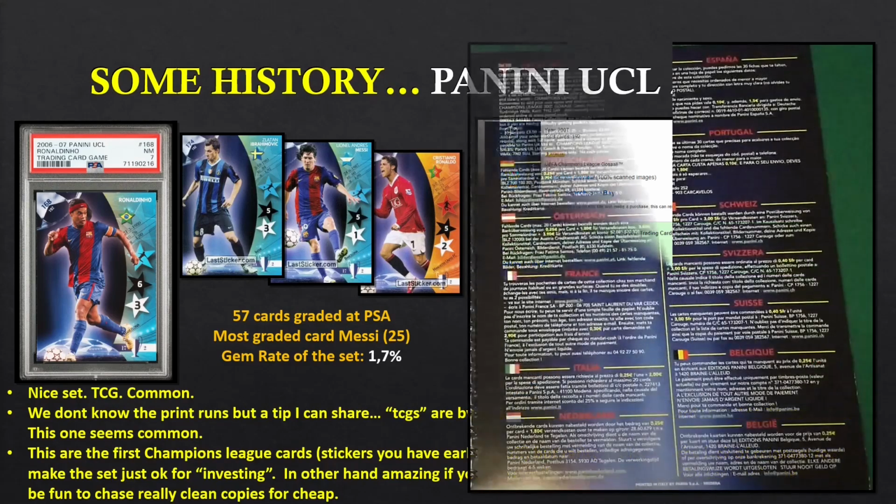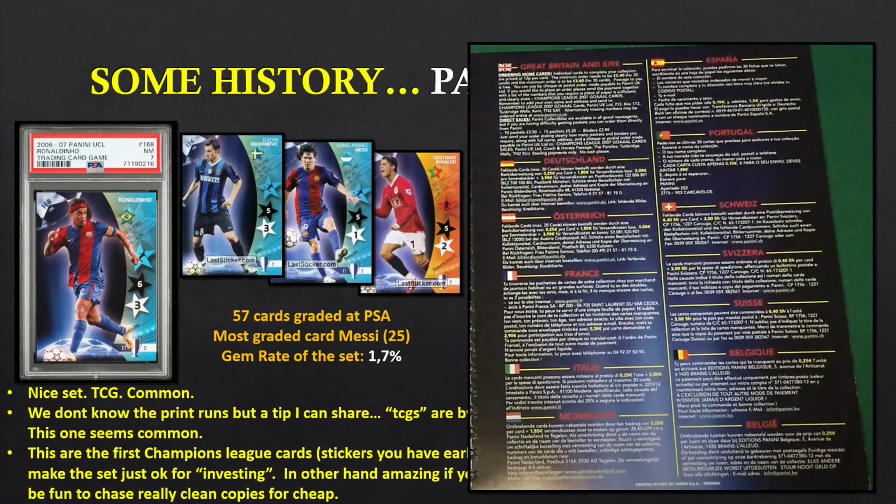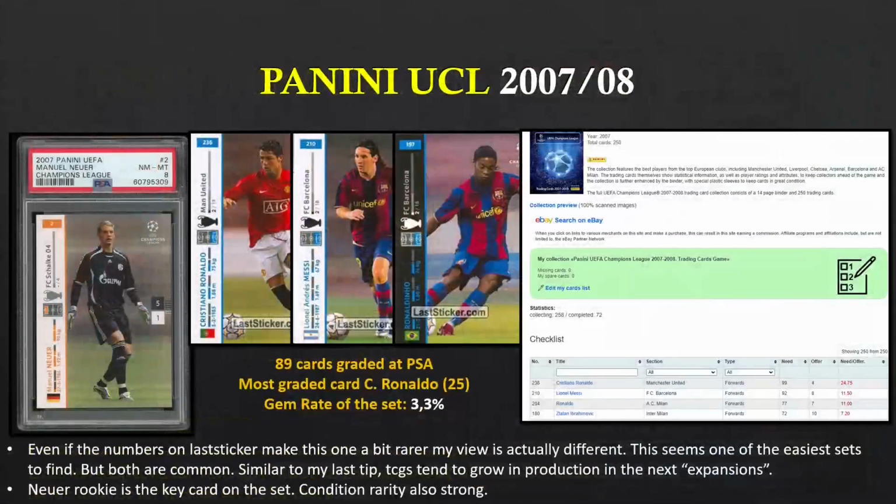That said, another thing you have to take into consideration, and this goes to the true rarity, condition rarity. Condition rarity seems strong, but true rarity not at all. You can see the countries and the languages in which this set ended up getting released. Now, Panini UCL